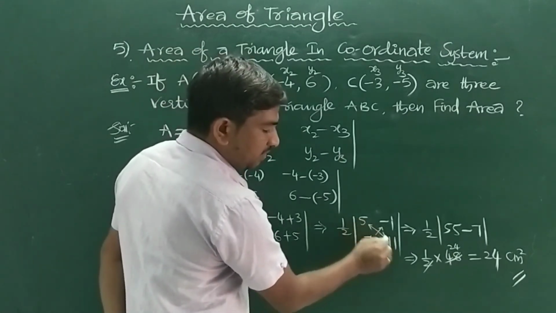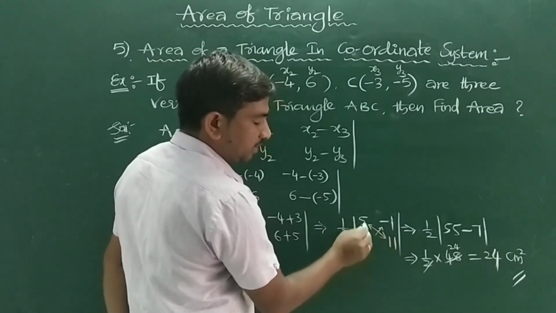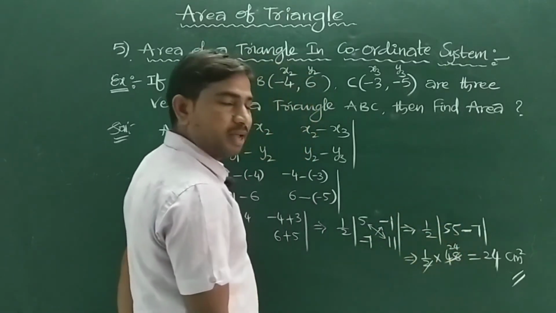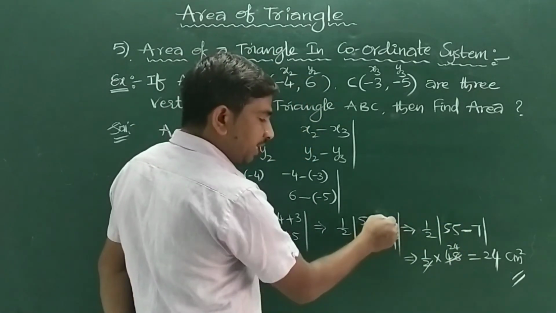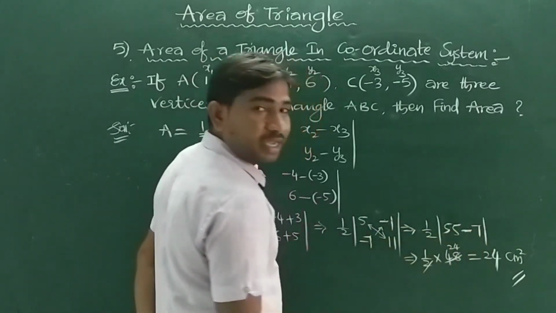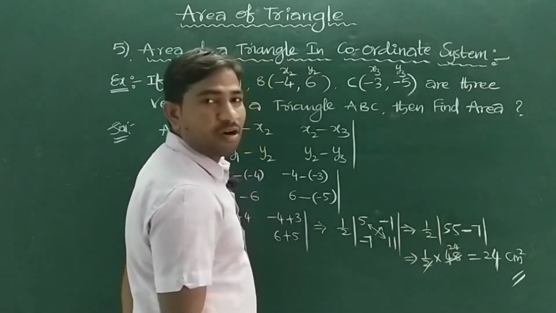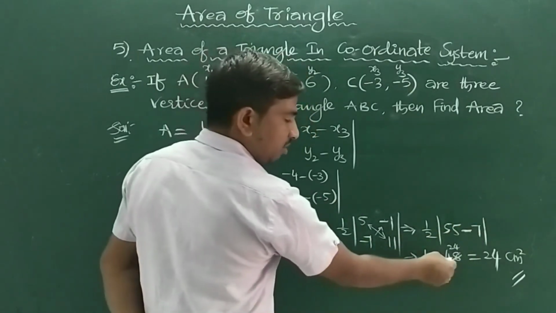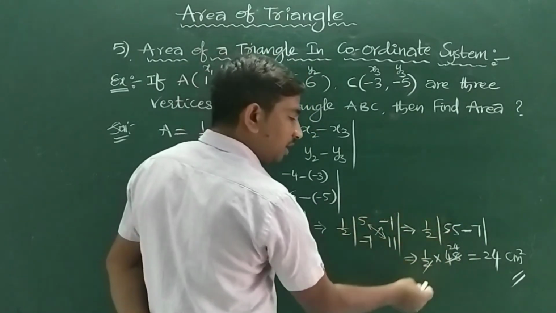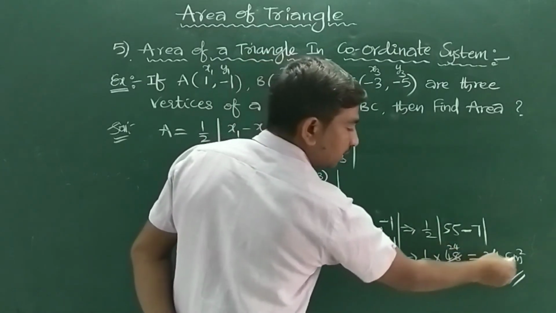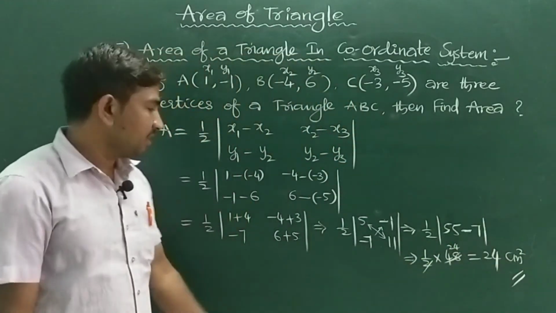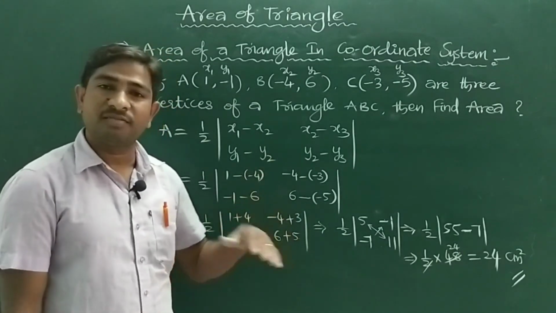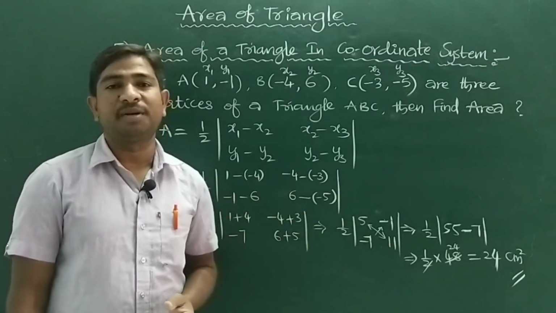Now you have to remember that step. Multiply by cross multiplication: 5 into 11 is 55, and obviously you will get that minus formula. So here minus into minus plus 7, 1 just 7. Okay, this is the most important thing you have to remember. So of mod, 55 minus 7 is how much? 48. Obviously it is a positive number, so remove the modulus. So 2 ones are 2, 24. 24 centimeter square is the area of this triangle. In the previous formula also we got the same 24 centimeter square.